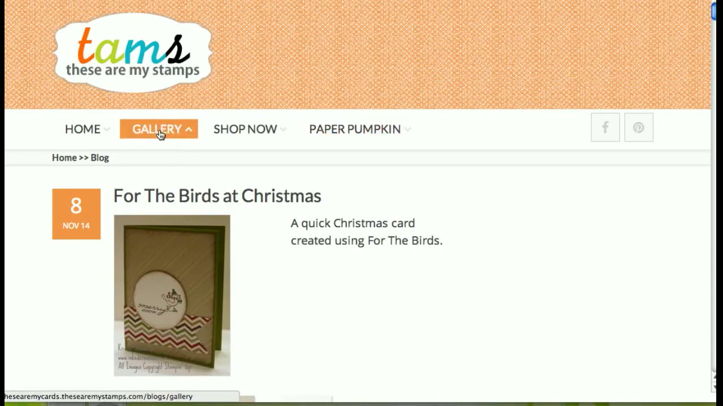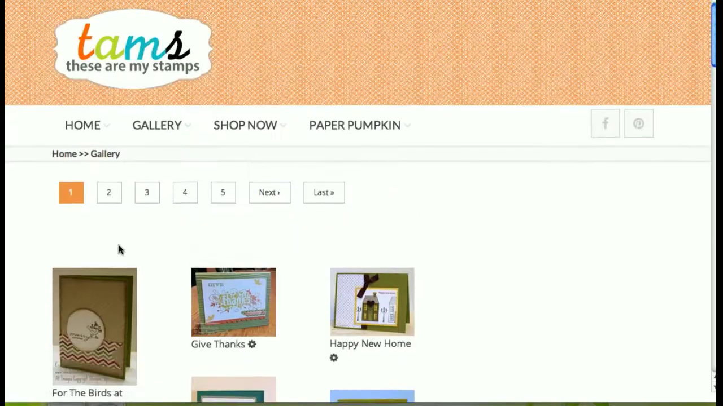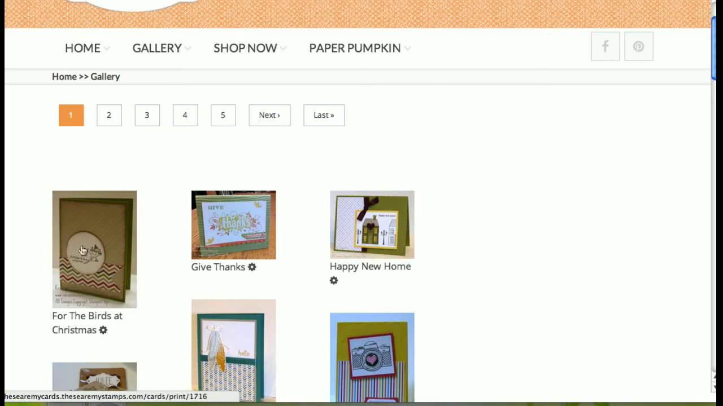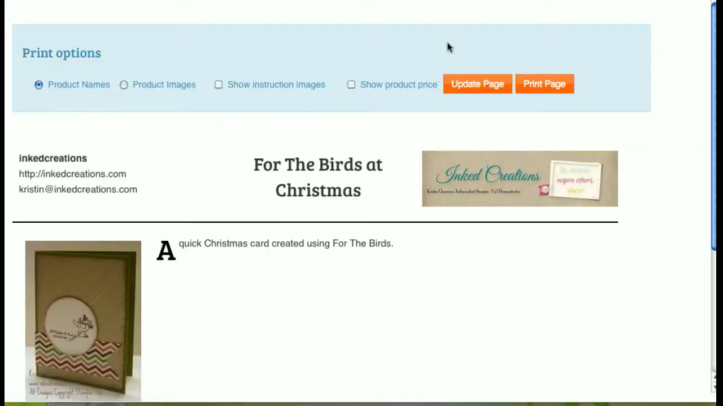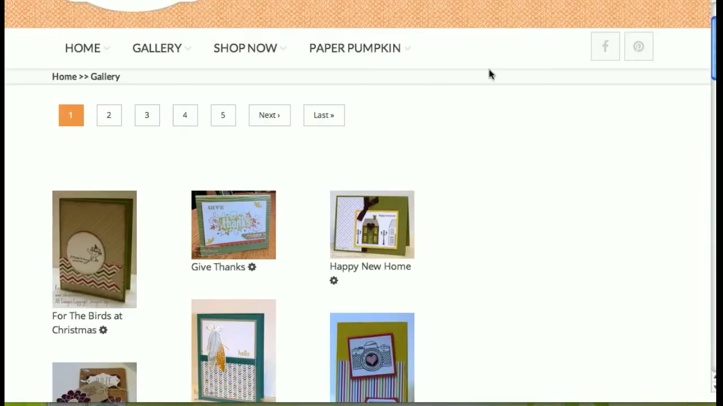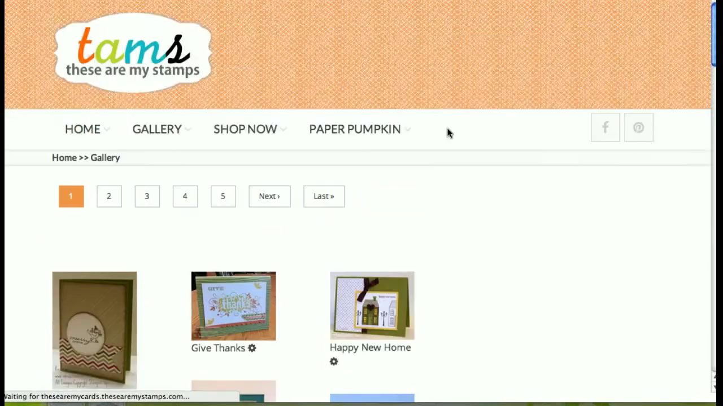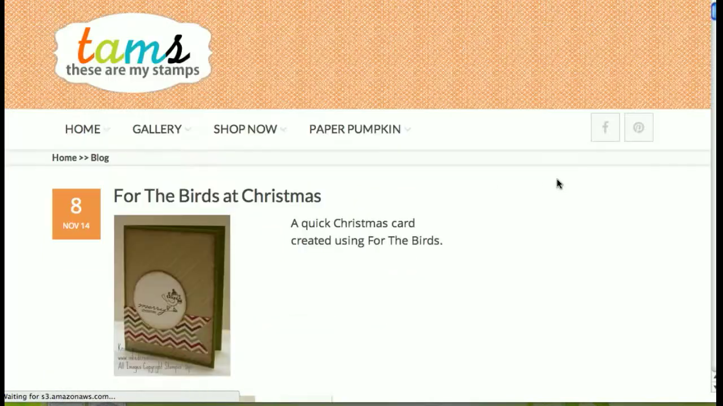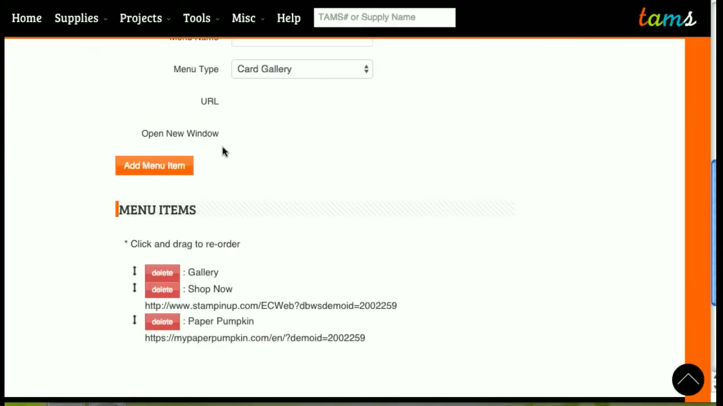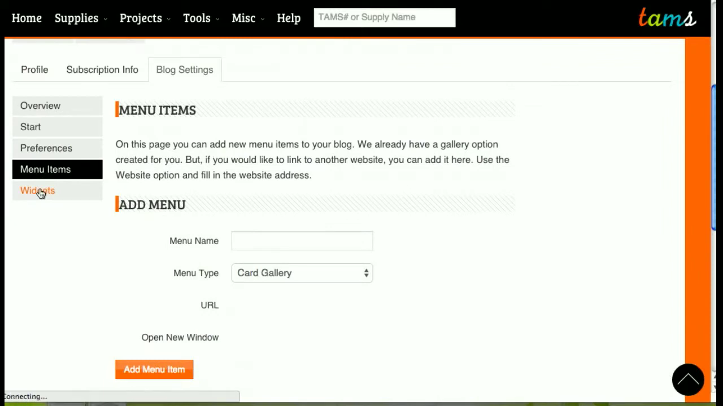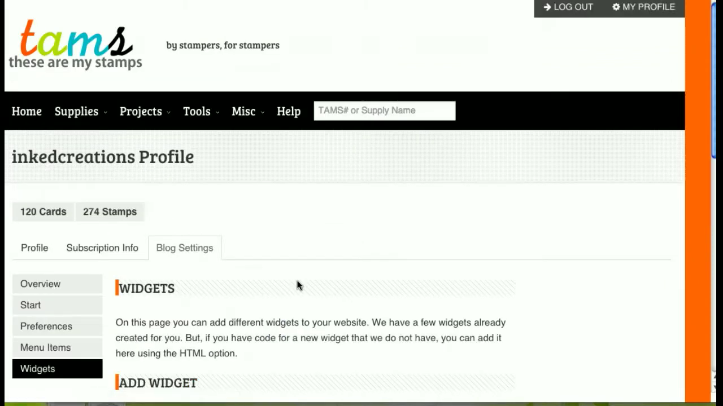And the gallery is, again, a special one that we do. So this takes all of your cards and just puts them in a gallery format, and clicking on the card takes you right to the printable page. So there's the gallery. And looking at our site now, I think I want some widgets on the right hand side here. So if we go back and we add some of our widgets,